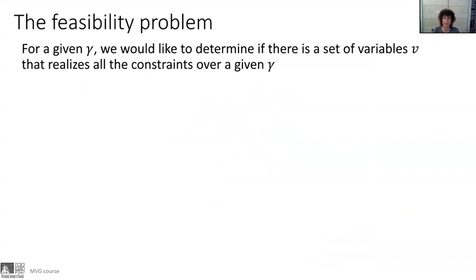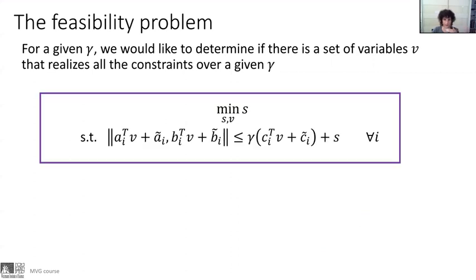This is called a feasibility problem. Is there intersection or no? Now how am I going to do it? So now gamma is fixed. Now I'm going to introduce another slack variable. I call the slack